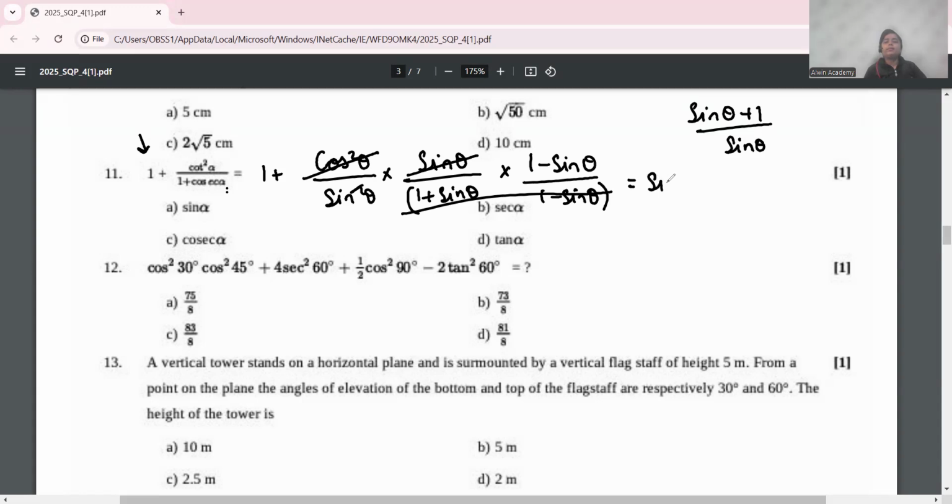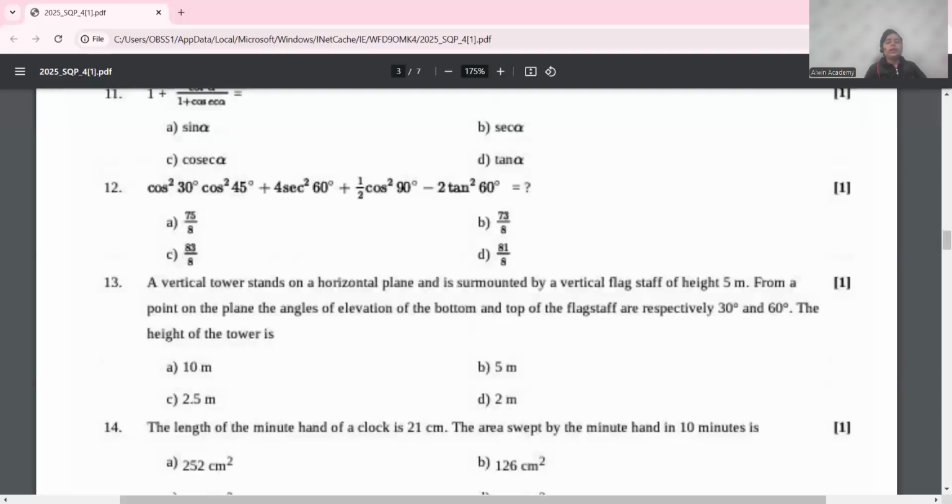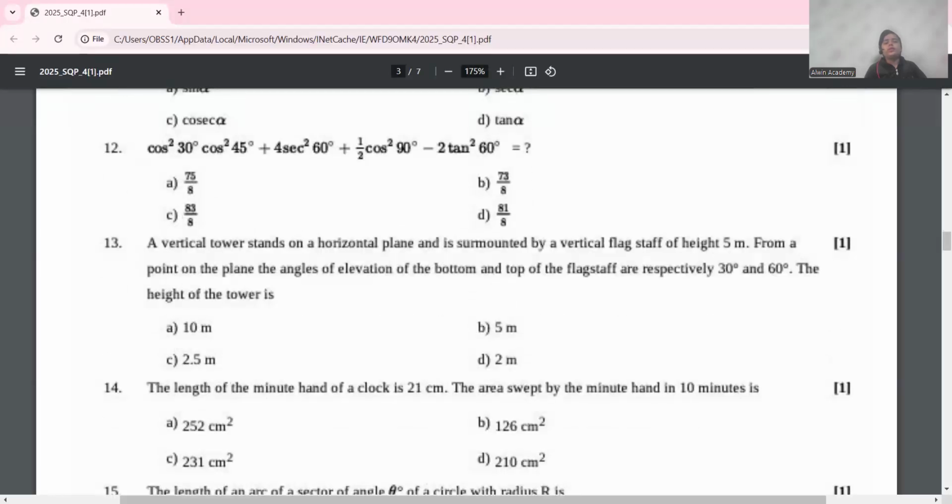Again, taking LCM, sine theta plus 1 minus sine theta upon sine theta. Sine theta minus sine theta gets cancelled out. 1 by sine theta, which is cosec theta or cosec alpha, option number C. Going to the next question, we have to take the values of these particular trigonometric ratios and then do these